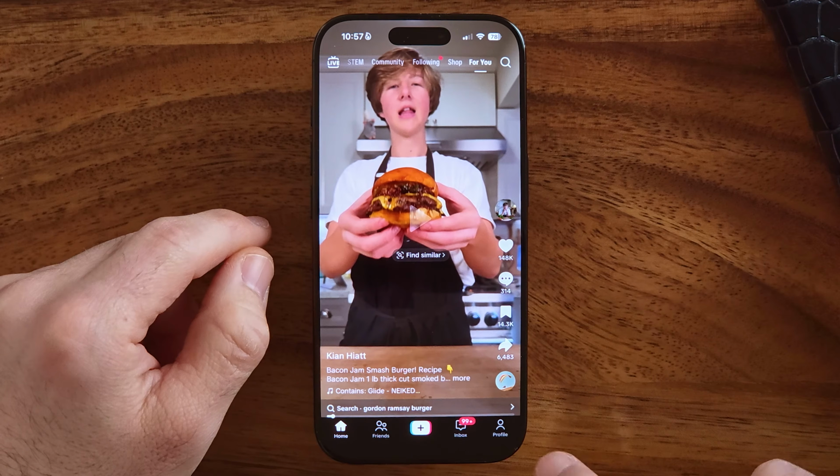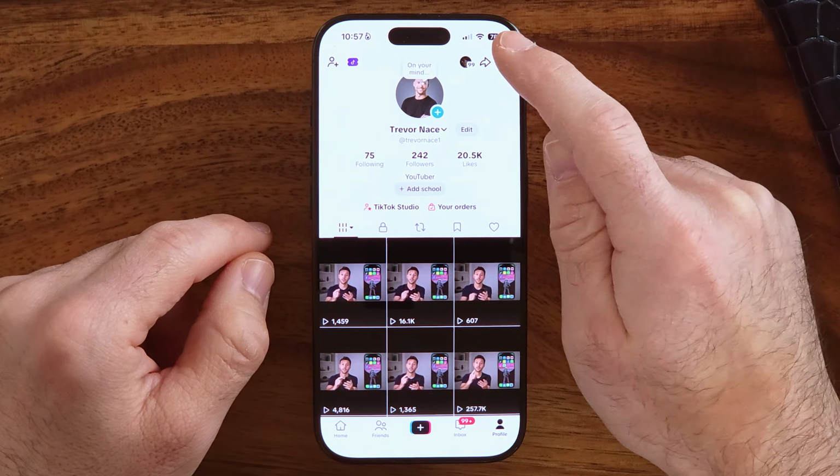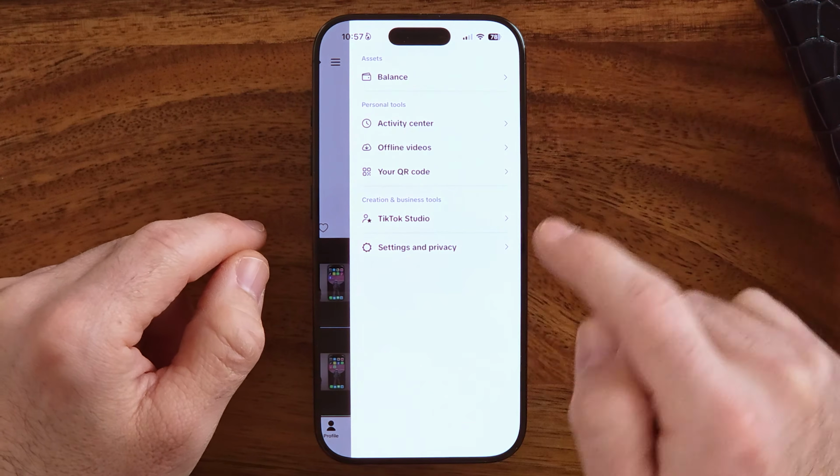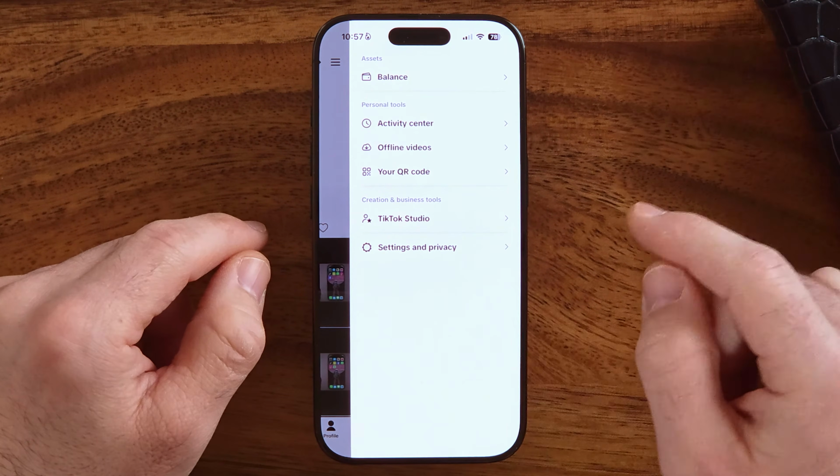So at the very bottom right, tap on the profile button. And then at the very top right, tap on those three lines. Now you'll be able to see at the very bottom is settings and privacy. Tap on that. Now, unfortunately, there's no way to see what your current birthday is on the app and to